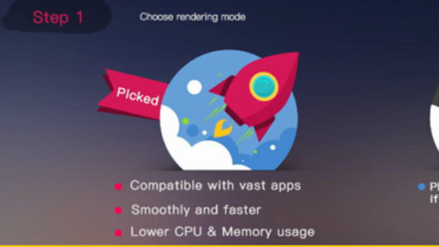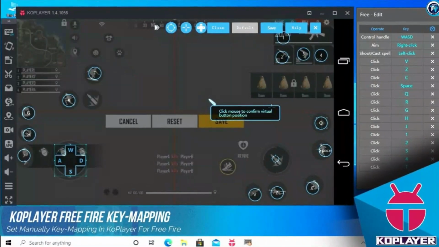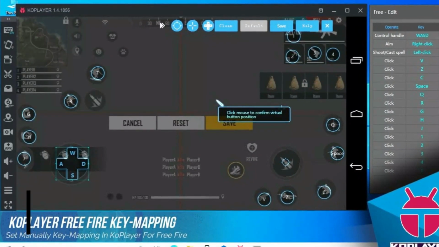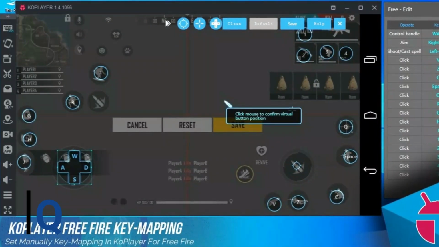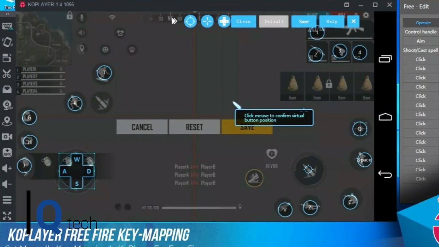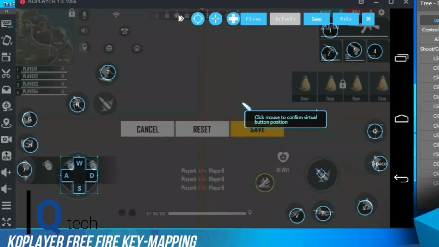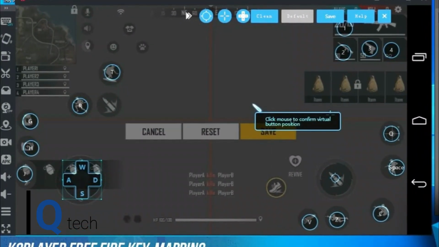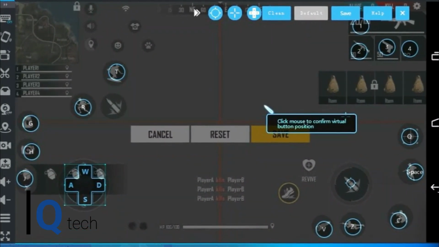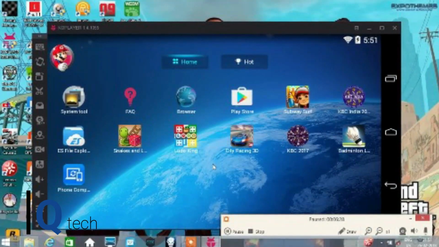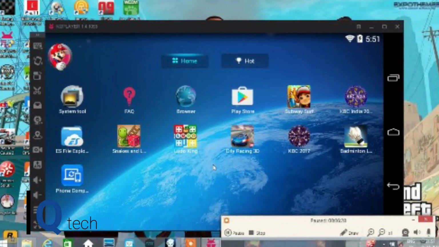Along the left you have several options. Here at the top, selecting the keyboard icon will let you edit the keys for your keyboard. If you're using a game controller, you can activate it and map it to your preferred layout. To switch from landscape to portrait mode, select the rotate screen icon. You'll also find other options for taking screenshots, recording, and sideloading apps.